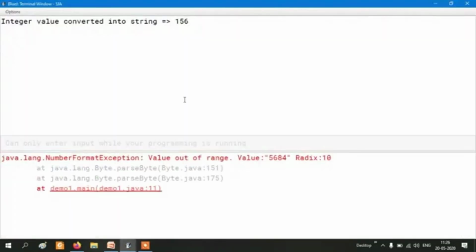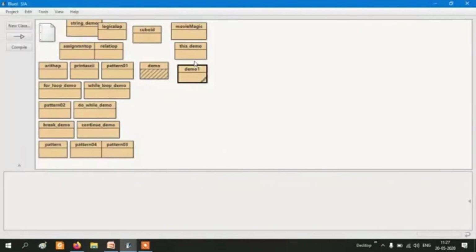Yes, okay. Now see, the first output you get is that the integer value converted into string 156. But for the second value, they are saying the value is out of range because the byte radix is 10, and we are considering the value 5684, which is out of range.